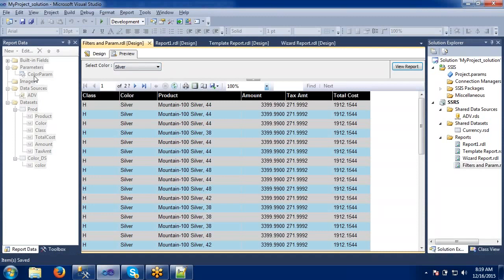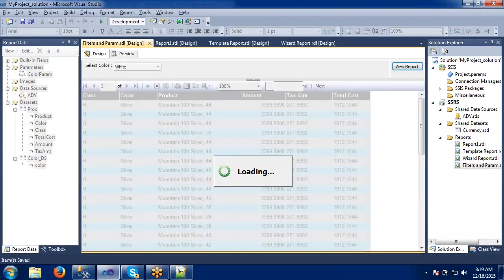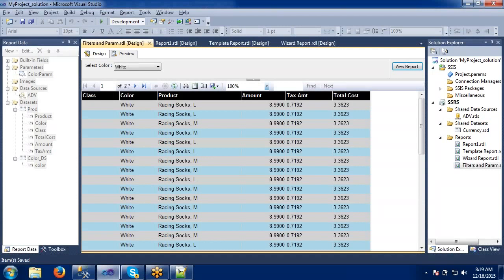When that happens, it will automatically hit the database and show it on the report, right? So here, we can play around with all these things. You can try it yourself from your side and apply all the filters and parameters concepts here. Now, this is what it is about parameters.